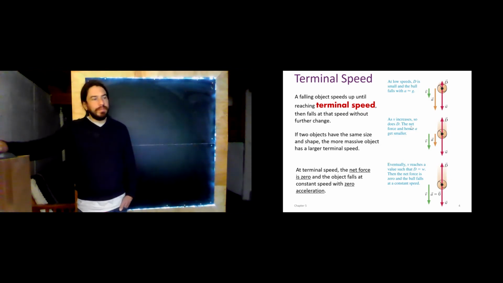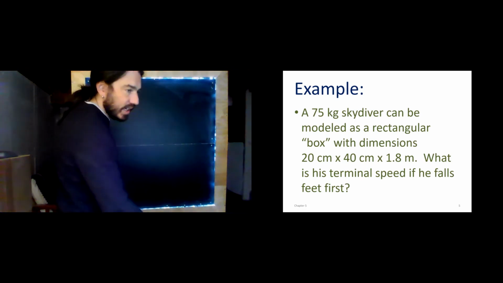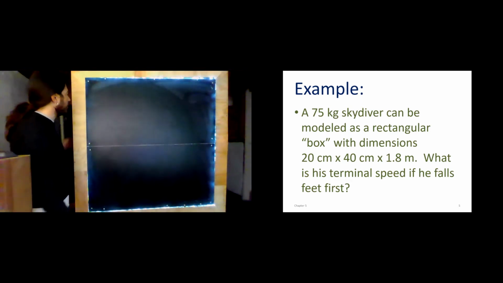Let's do a quick example. A 75 kilogram skydiver can be modeled as a rectangular box with dimensions 20 centimeters by 40 centimeters by 1.8 meters. What is his terminal speed if he falls feet first? Okay, terminal speed if he falls feet first. Let's approach this like a force problem. So, if we're going to approach this like a force problem,